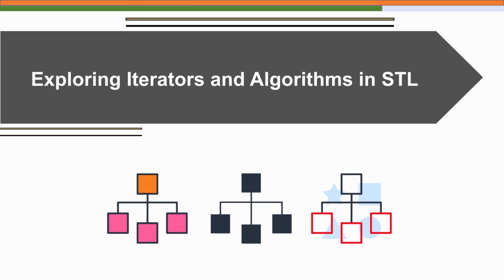Until now we have learned how to create and use vectors, even vectors of objects, to store and manage data. But what if we want to search, sort and manipulate this data efficiently? Do we need to write loops every time to process our container elements? Not necessarily. The Standard Template Library provides a set of generic tools called iterators and algorithms that handle such operations